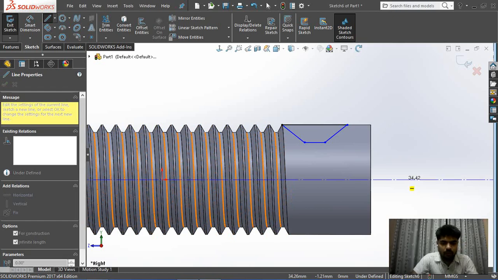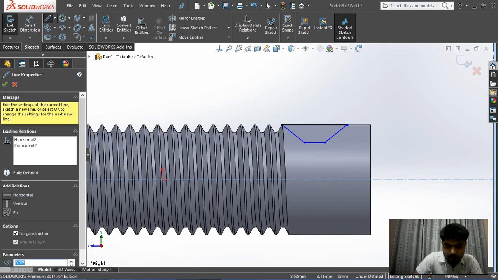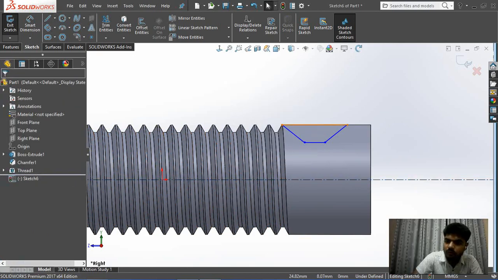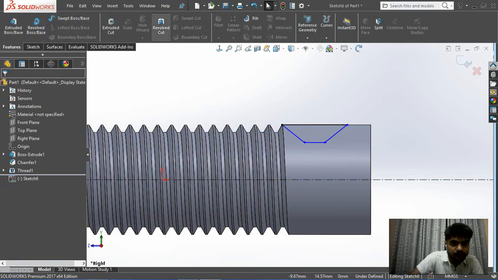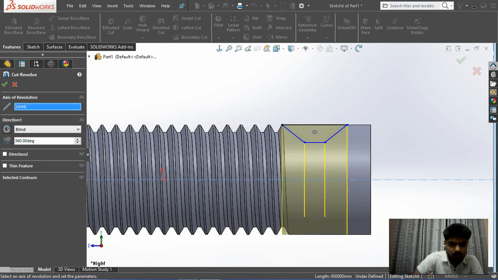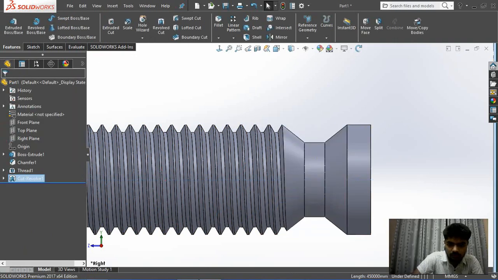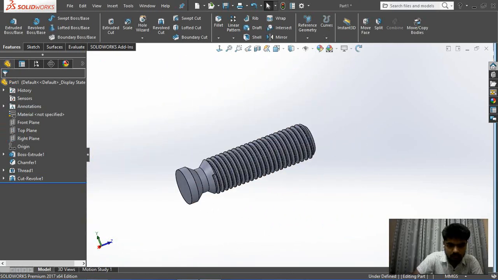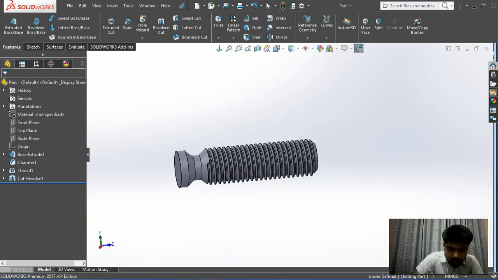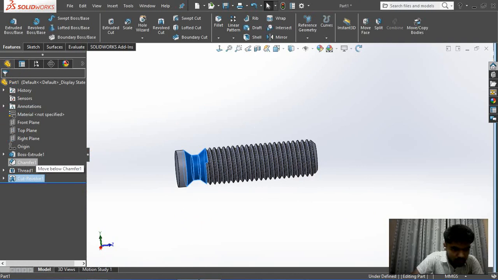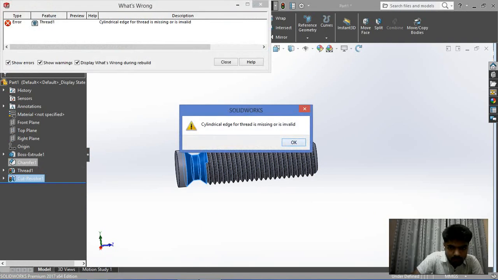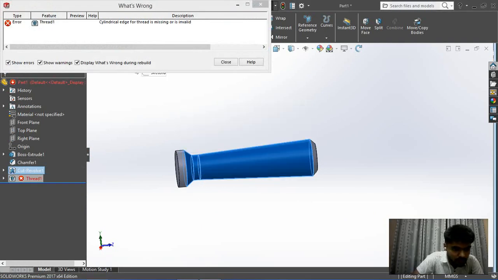Now what I'm going to do, I'm going to perform a command called this revolve cut. Okay, so with this I can have like this and something, and this should go up because, okay, now that it comes taper.